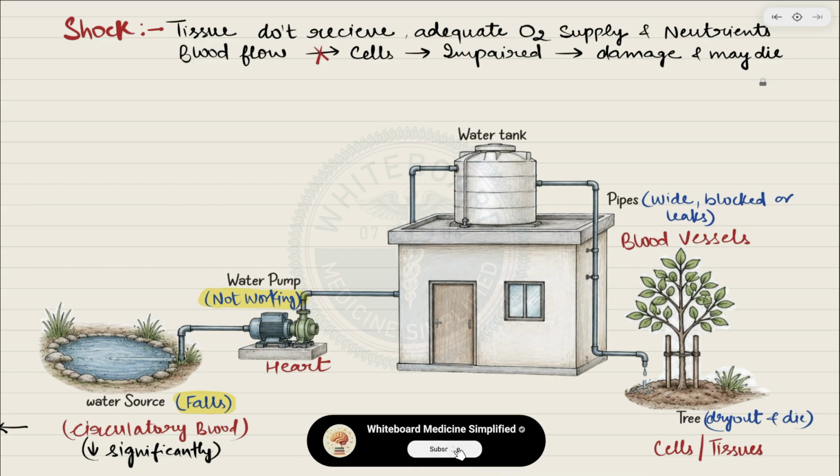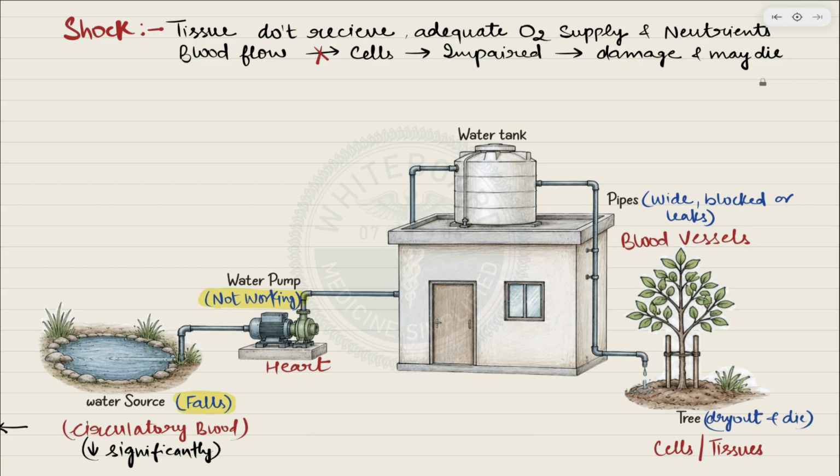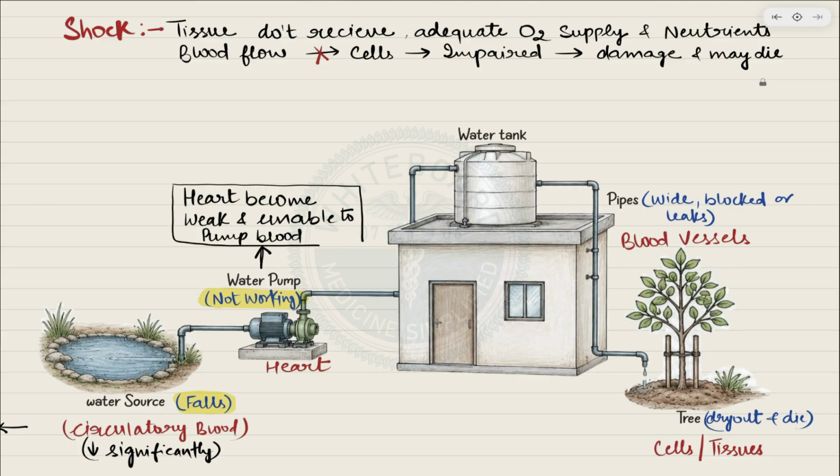Consequently, the tree begins to receive less water. A very similar situation can occur in the human body. The amount of blood circulating in the body may be completely normal, and the blood vessels may also be intact. However, if the heart becomes weak and loses its ability to pump blood effectively, the tissues will receive less blood